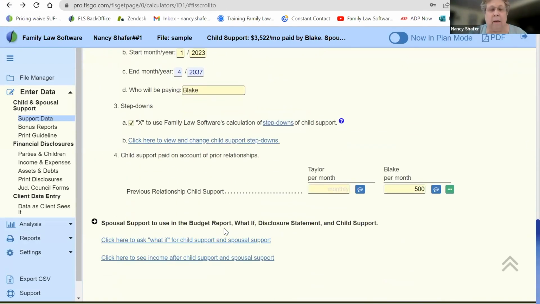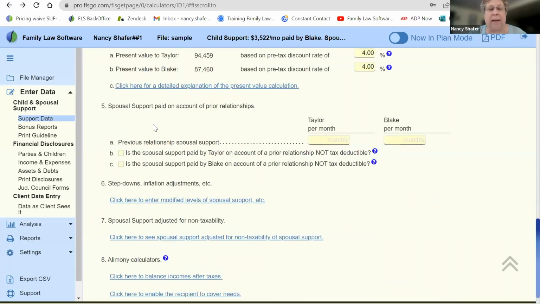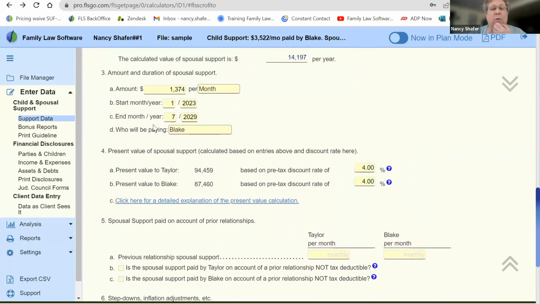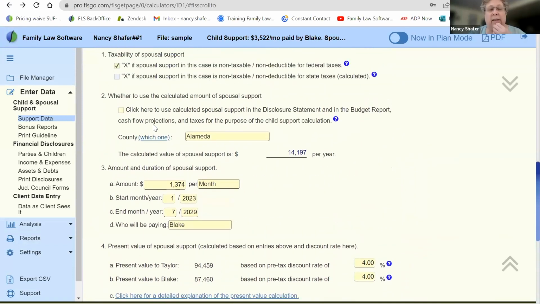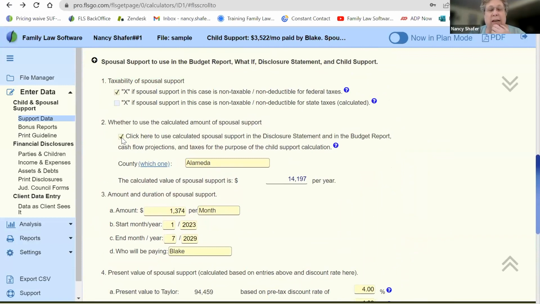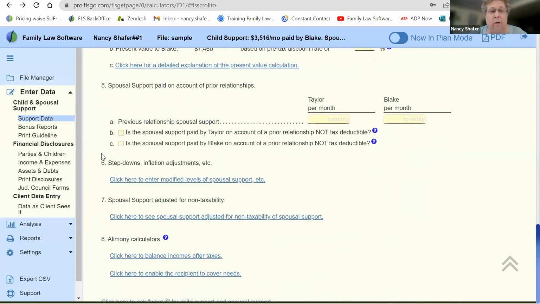and then if there were child support as prior relationships, you'll see that here. Spousal support to use, same idea. If you check the box, we've already talked about that, it will use the spousal support calculated amount. If you uncheck the box at number 2, it will not put any amount in, and you can manually enter an amount of support. Okay, now,